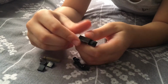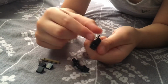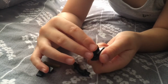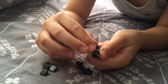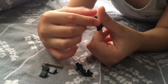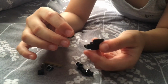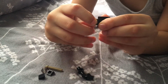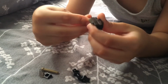I recommend you just use a 1x2 brick and put a smooth 1x2 tile on top. So I just use this because I feel like that would be too tall. Then you get these two cheese slope bits in black and you put them on like that. You kind of try to stretch them out if you can, to show the two small heads of your